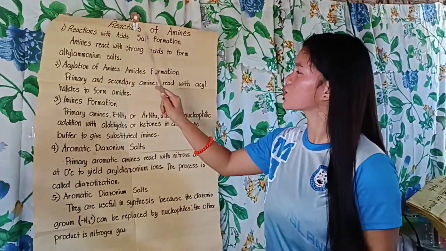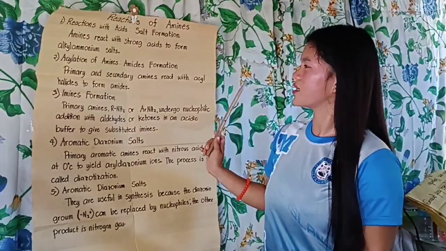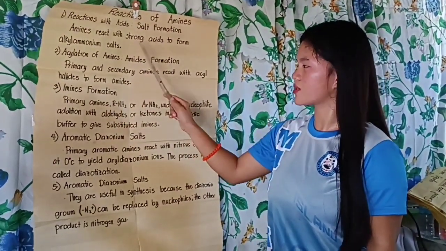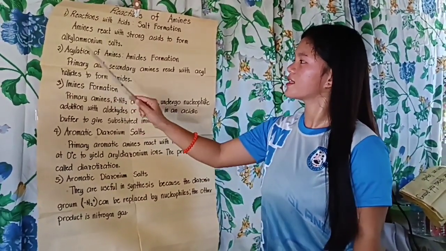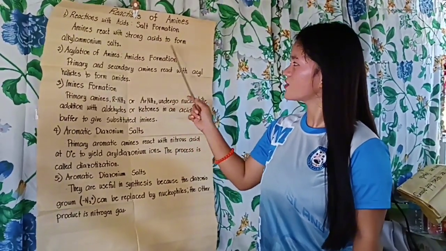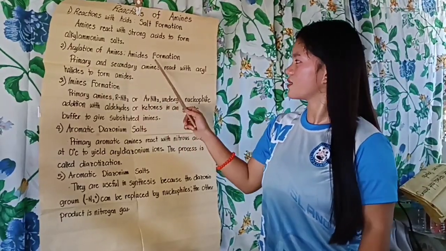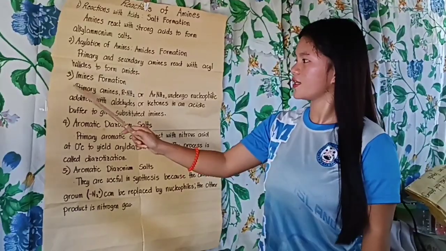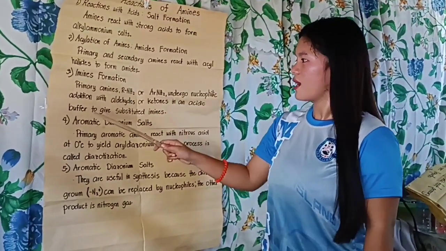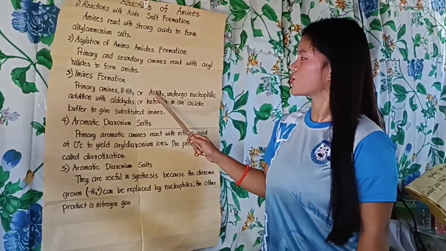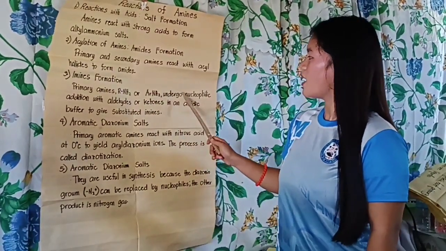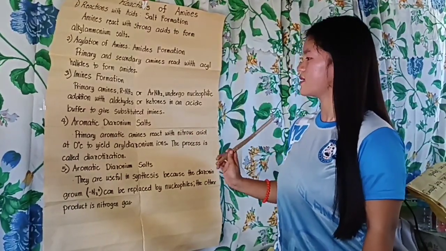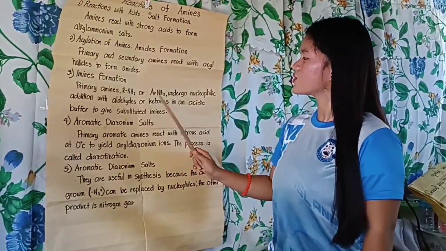First, we have reactions with acids, salt formation. Amines react with strong acids to form alkyl ammonium salts. Second is acylation of amines, amide formation. Primary and secondary amines react with acid halides to form amides. And third, imine formation. Primary amines, RNH2 or ArNH2, undergo nucleophilic addition with aldehydes or ketones in an acidic buffer to give substituted